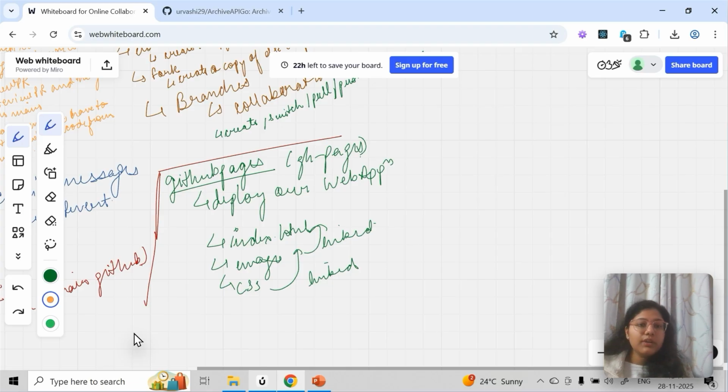Otherwise, if you want to deploy a heavy application like React, Angular, or Vue, then ideally you should go with Vercel, Render, or Netlify. In my experience, Vercel works the best. For example, if you deploy something today, the changes reflect quickly in Vercel as compared to Netlify. You can also use GitHub Pages.